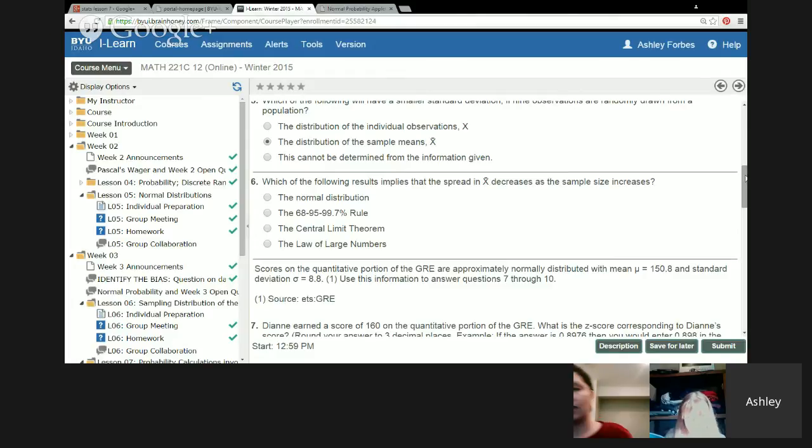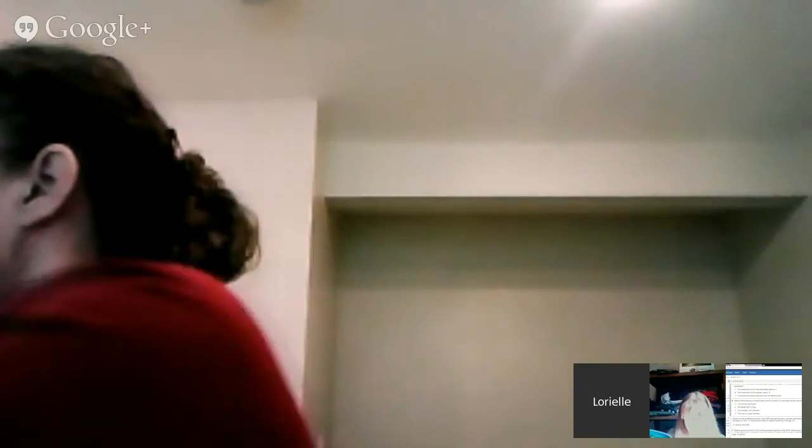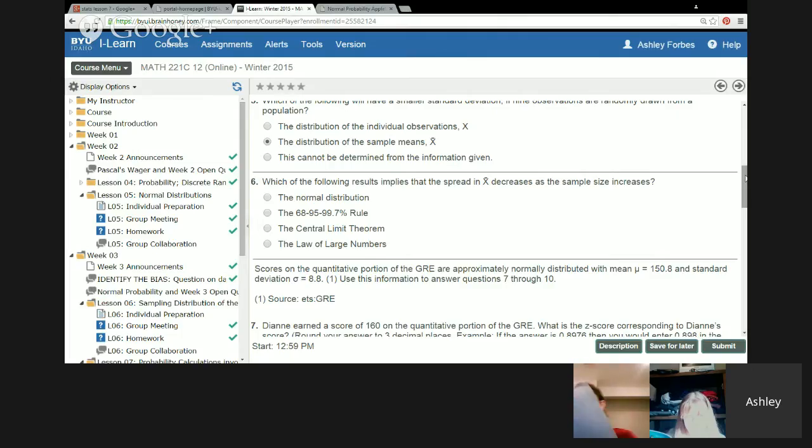Oh, maybe it's just the normal distribution rule? Because the law of large numbers is just that the sample mean will be close to the mean of the